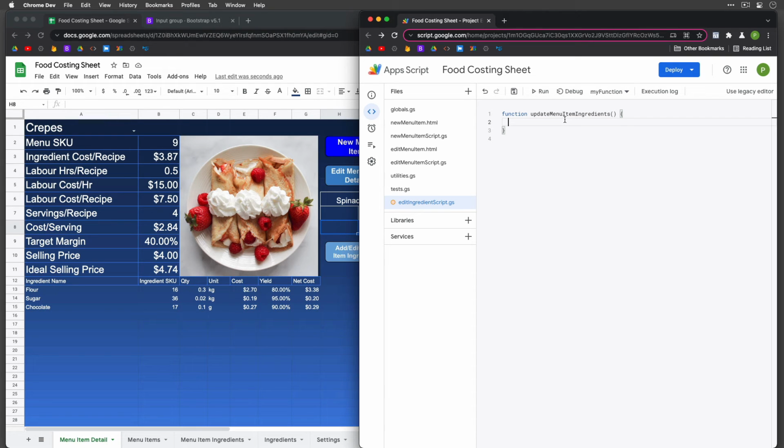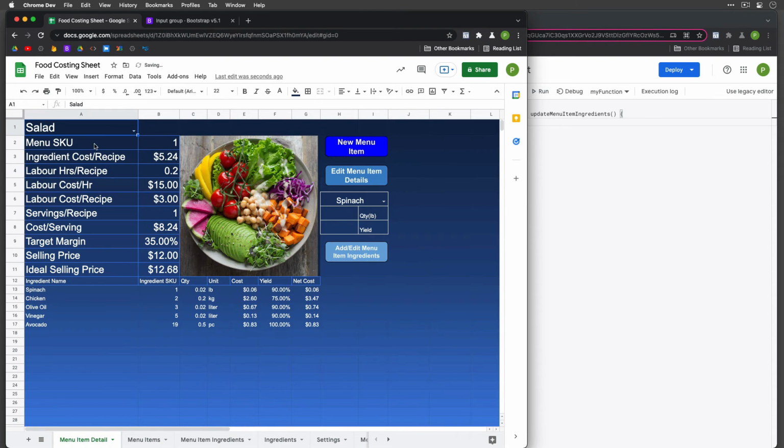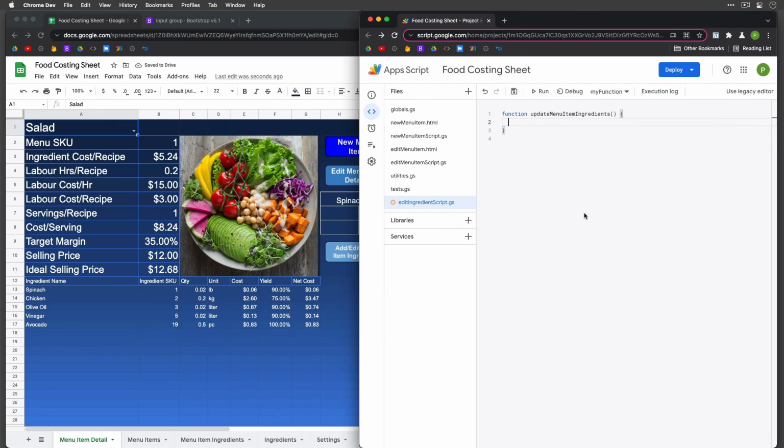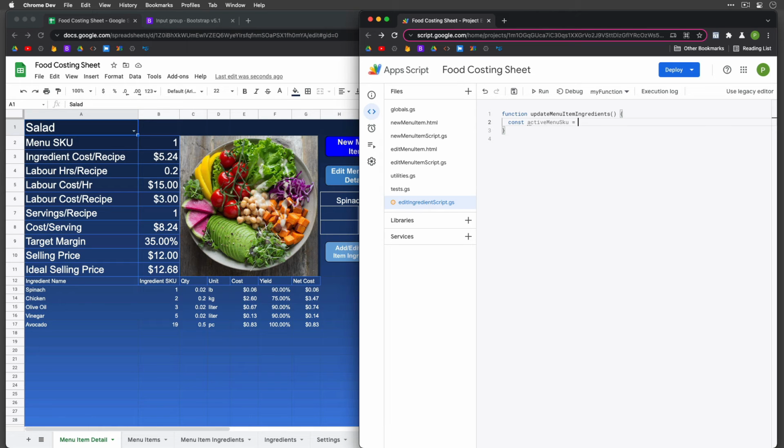So what we want to do is we're going to be updating the ingredients of whatever item is active here. So we want to get that active SKU. And we want to differentiate between the active menu SKU and the active ingredient SKU. So get active SKU